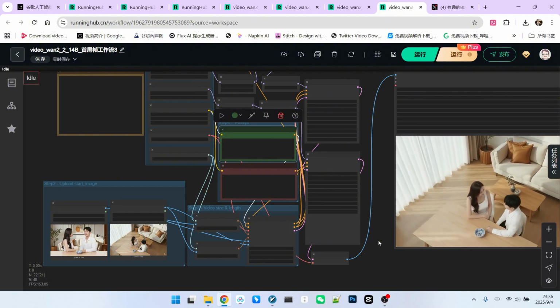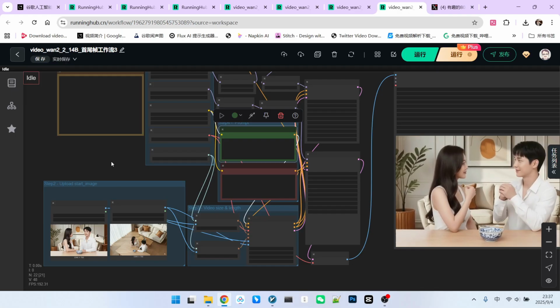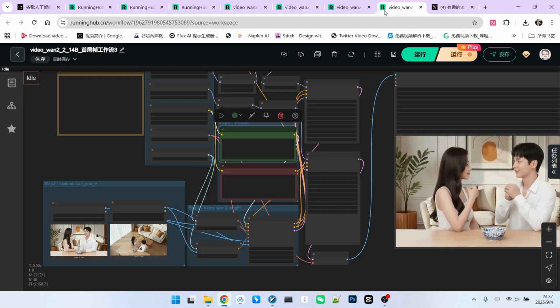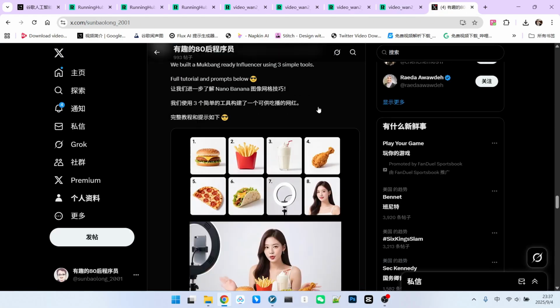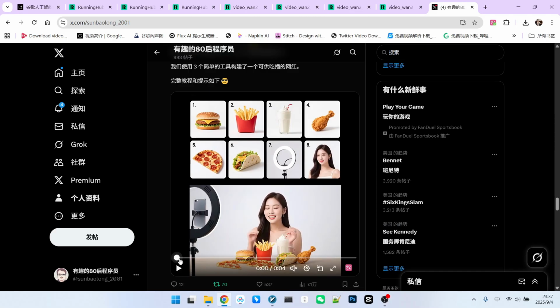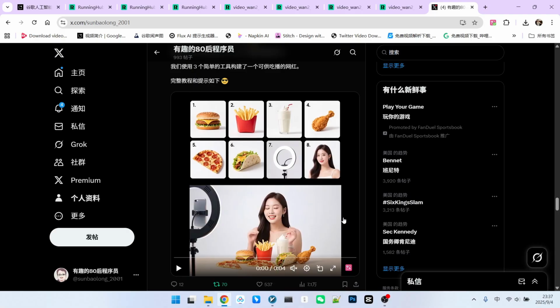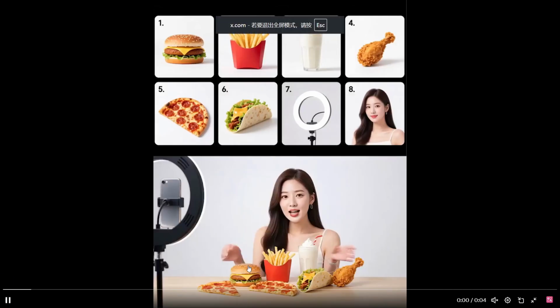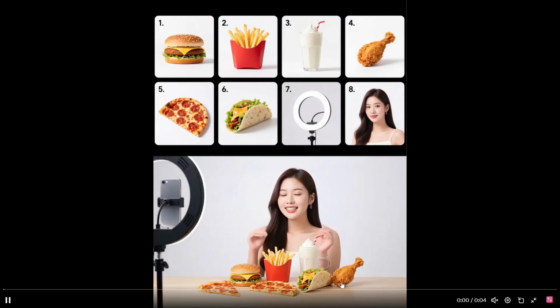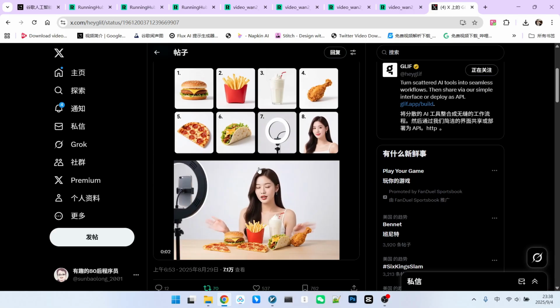The technique we're using today was inspired by a post I stumbled upon on Twitter. As you can see, the user took a reference image collage, used it to generate a single cohesive image, and then used Wan2.2 to create a video. All the elements in the final video are placed precisely on the table, including the characters and even the fill light. The key takeaway is that you need to know Nano Banana is highly sensitive to collage style or stitched